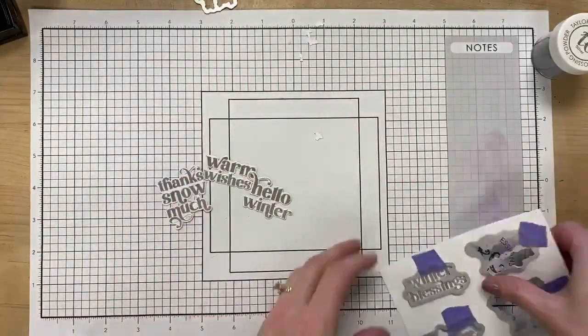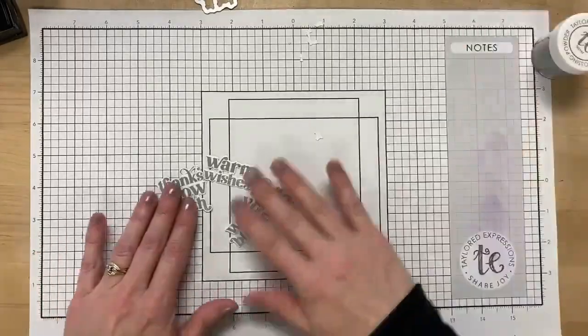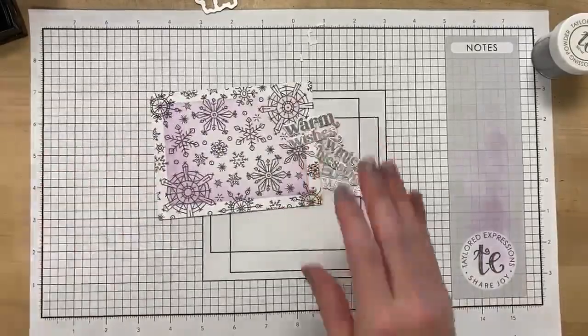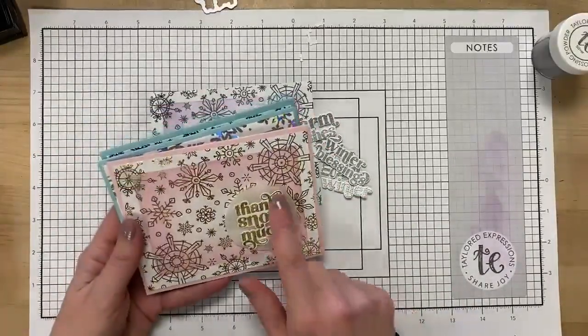So look at that, see? That little bit of extra effort, my future self, like I said, will thank me for that. Going ahead and taking care of that. And then I can kind of, based on what I did with other ones,